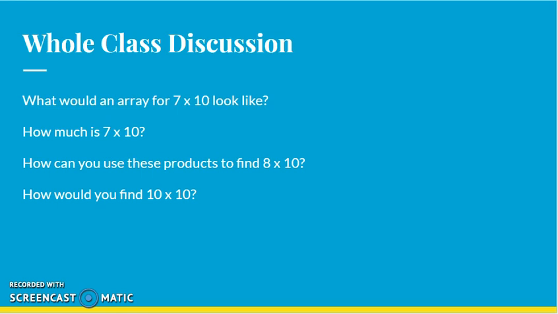So what would an array for 7 times 10 look like? Now think about this. If we're doing an array, 7 would equal how many rows you have. 10 would be in each row. So if we use skip counting,